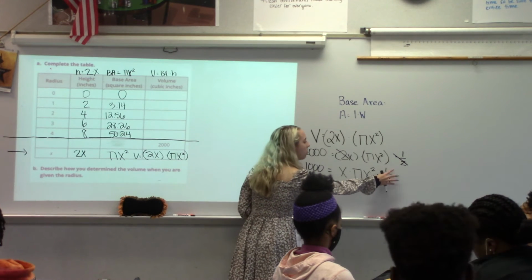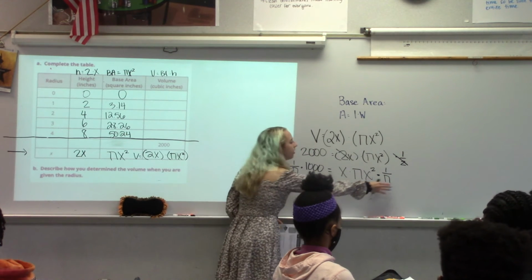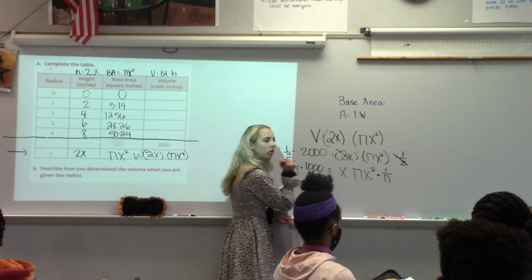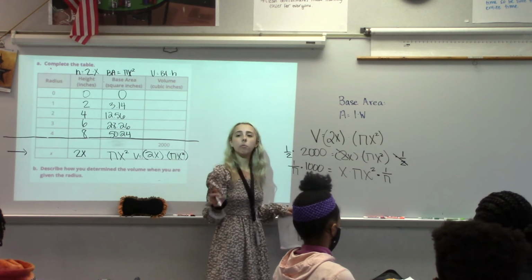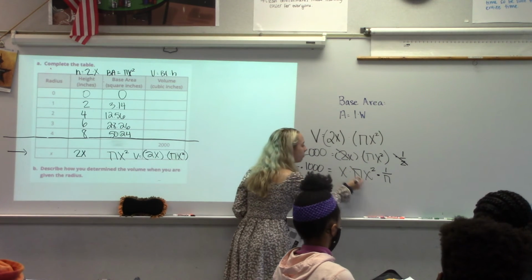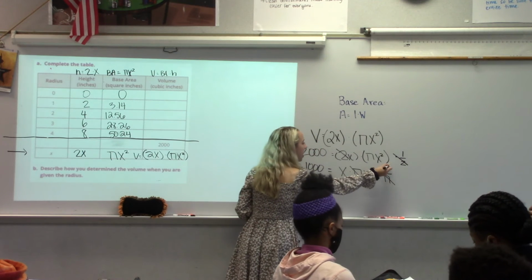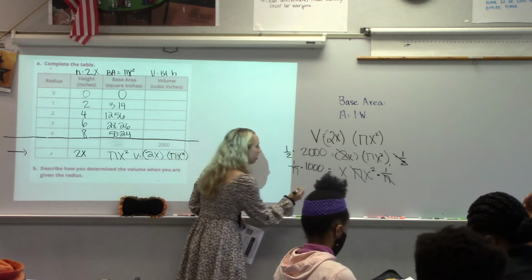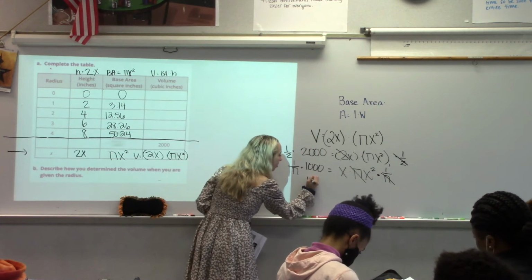So when I multiply 1 divided by pi, what's going to happen to this side? All I'm going to be left with is x cubed, because this pi divided by this pi, that creates a 1. So then I'm left with,